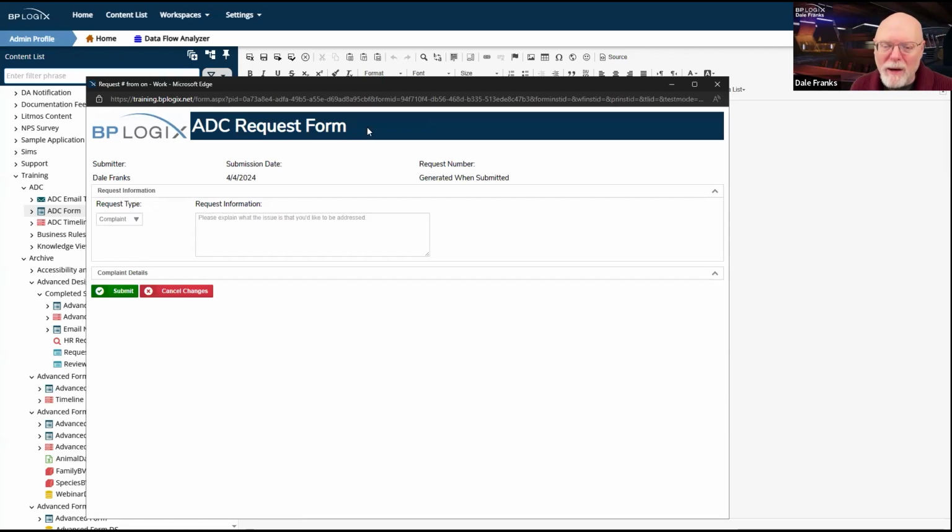Whenever I hit complaint, it's hard to see it because it happens so fast, but my form is actually reloading. And so what I want to ensure, which it doesn't look like I necessarily need to do here because it happens to be the very first control on the form. So when the form reloads, it's going to go back here. So when I hit tab, it takes me to the next control.